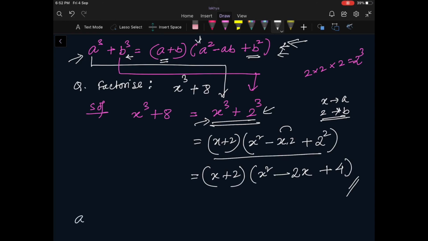So we have another identity similar to this, that is a cube minus b cube. Only this sign is different here, here it is minus. So then